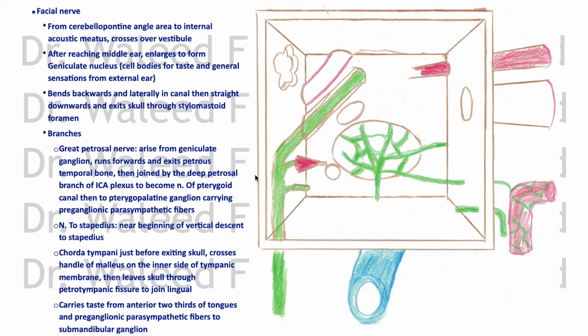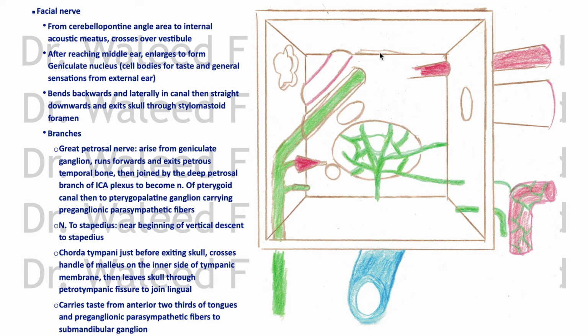Now we have an intimate relation between the facial nerve and the ear, and it does something in the ear. I mean, it supplies a muscle like the stapedius muscle, gives off branches like the chorda tympani. This is the chorda tympani. Okay, so it's important to know the relation between the facial nerve and